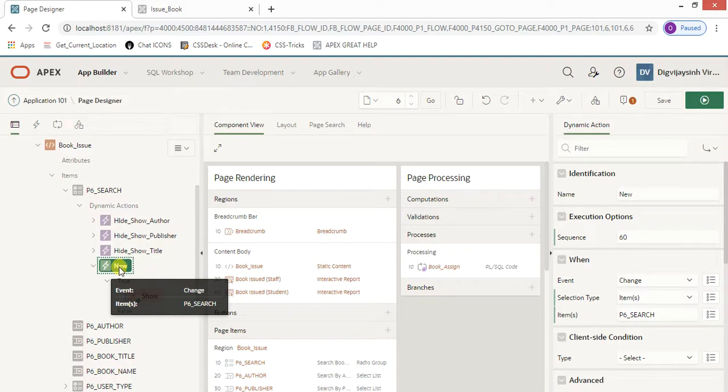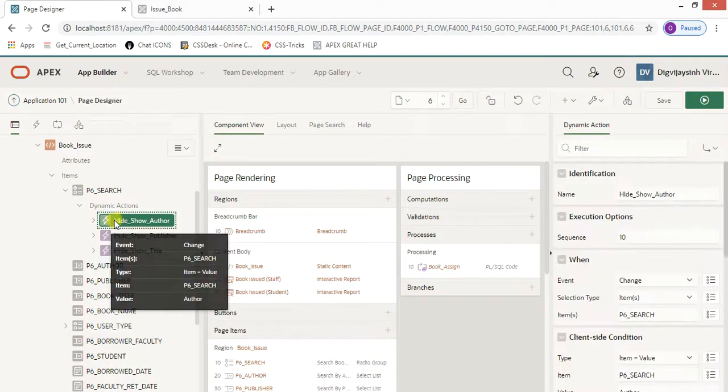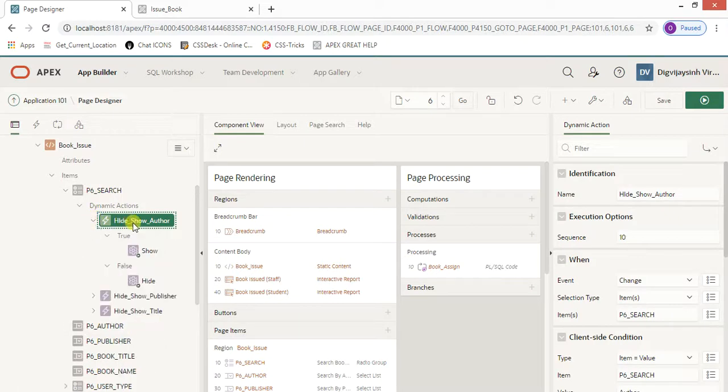Now after that, let me delete this one and go to here. You need to give the name, hide or show author, because I'm going to hide or show the author depending on the item which has been selected. What event do I want?